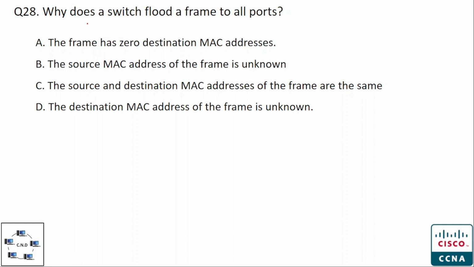Question number 28. Why does a switch flood a frame to all ports? And the options are option A, the frame has zero destination MAC addresses. Option B, the source MAC address of the frame is unknown. Option C, the source and destination MAC addresses of the frame are the same. And option D, the destination MAC address of the frame is unknown. And the correct option is that a switch floods a frame to all ports when the destination MAC address of